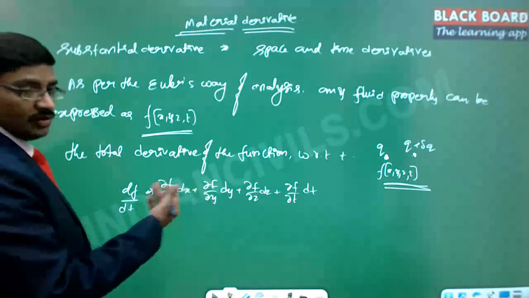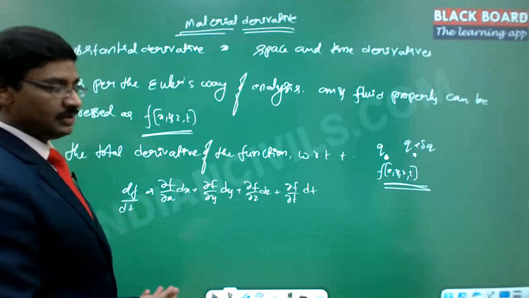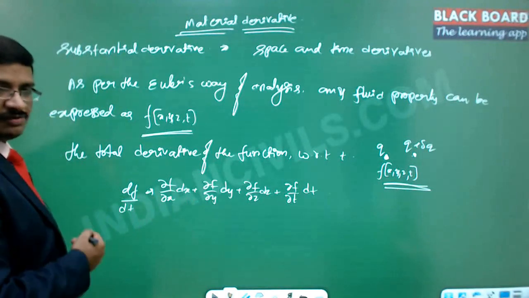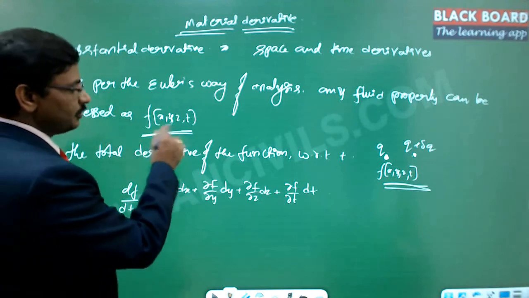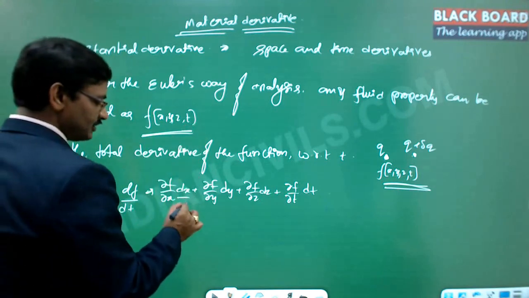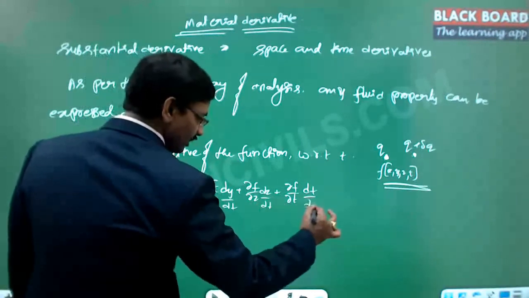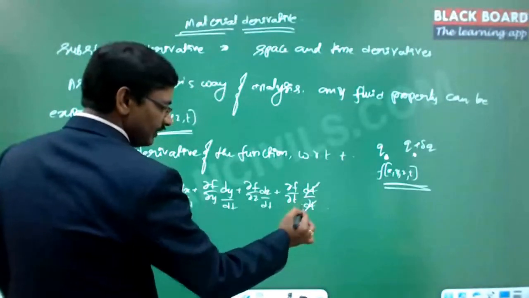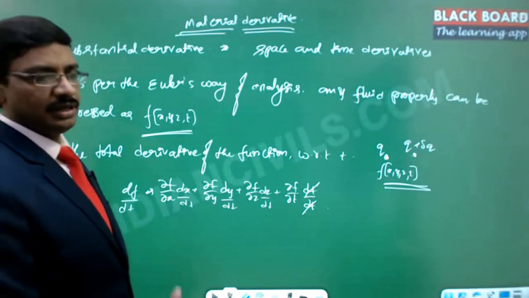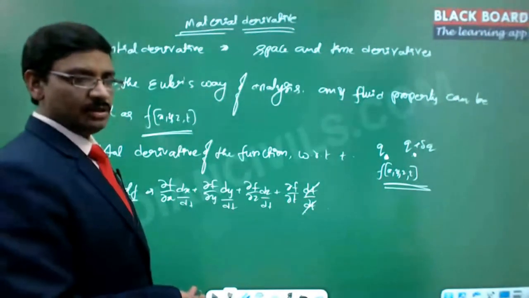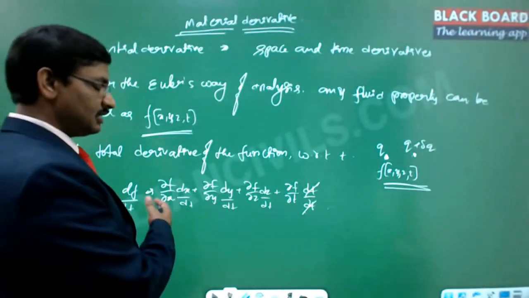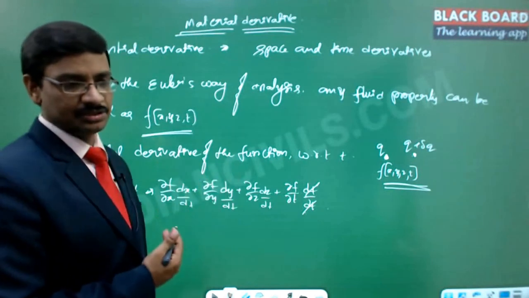Now this is the derivative with respect to one variable change. This may be an involved variable or it may be a parameter as well. In any case, if there is a change in the value of t, the change of this particular function can be expressed by dividing each term by dt. Now this dt will cancel. We are taking the change with respect to time, but the change happening has a positional change and a time change.